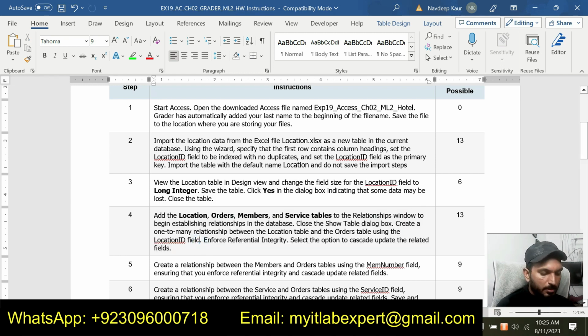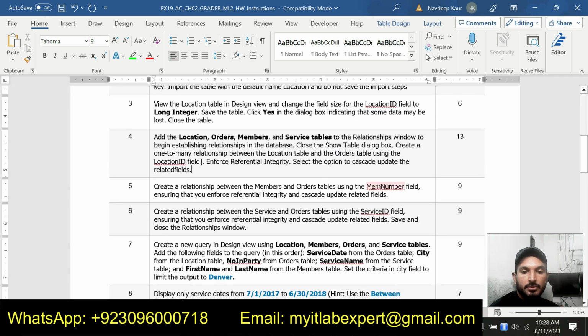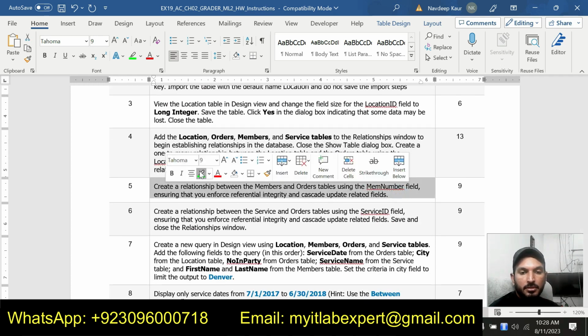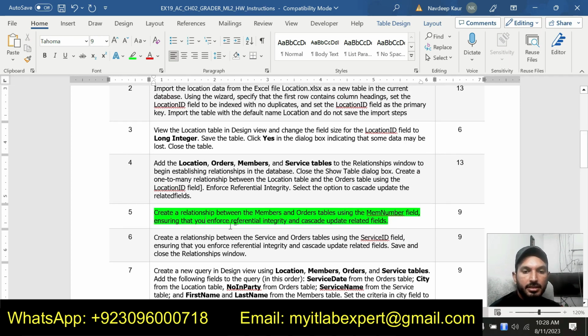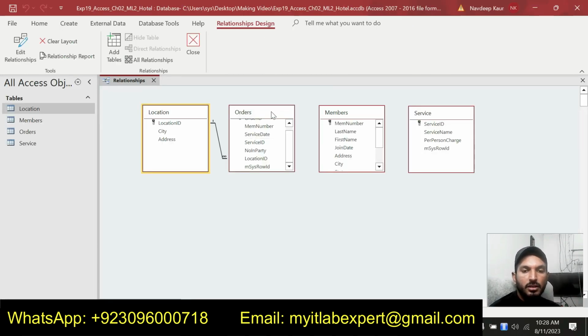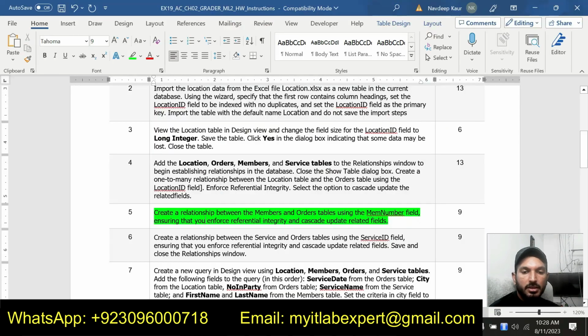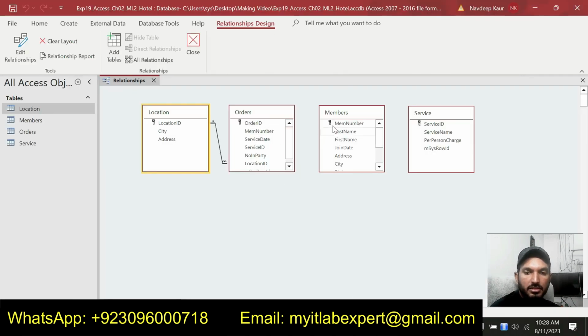And now we will move to the next step, that is step number 5 of this assignment. So the next step is step number 5. Create a relationship between the members and orders table. So now we are supposed to create a relationship between these tables, the members and orders tables, using the members, this one